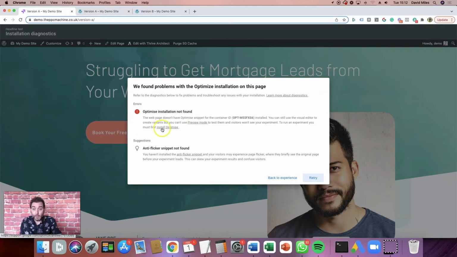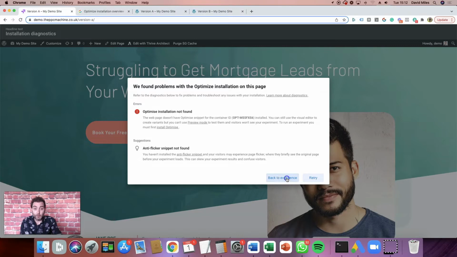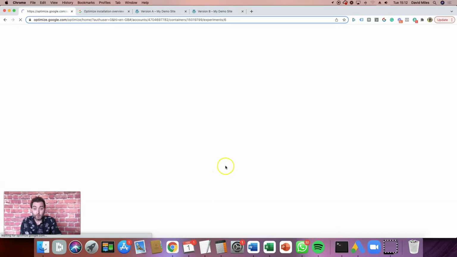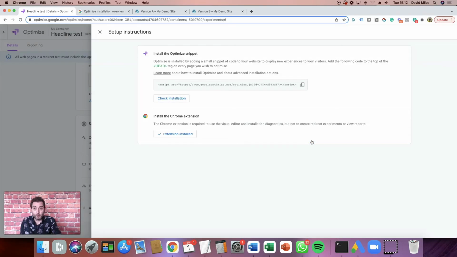If I click here, it will take me to a Google help file that tells me how to install the code. But I'll just go back to the experience and click view instructions, and basically what I need to do to install this is take this single line of code here and put it into the head section of every page on my website. I'll say every page because then we can run experiments on other pages in the future without having to worry about whether we've already added this code or not. So we would just copy that